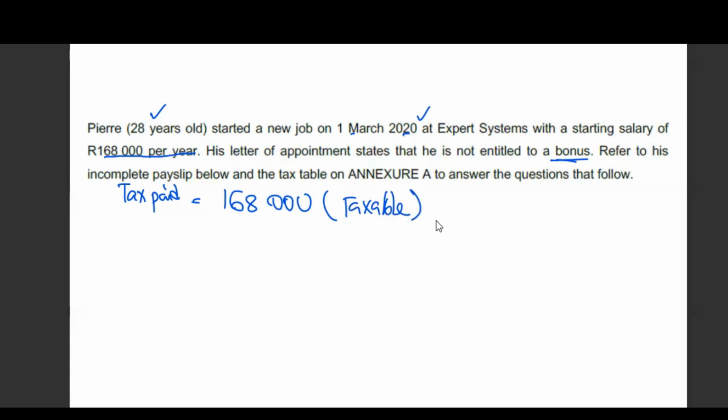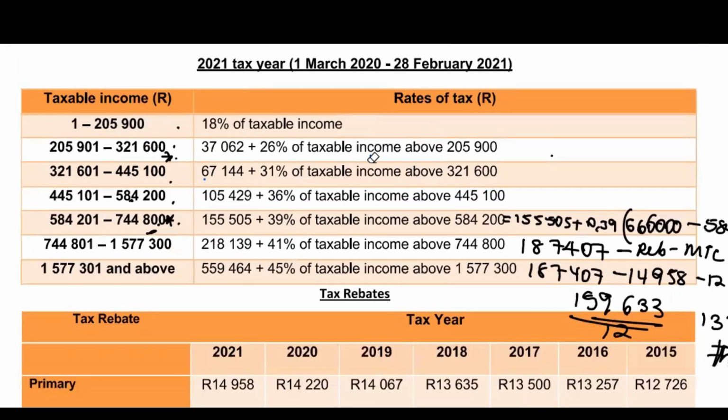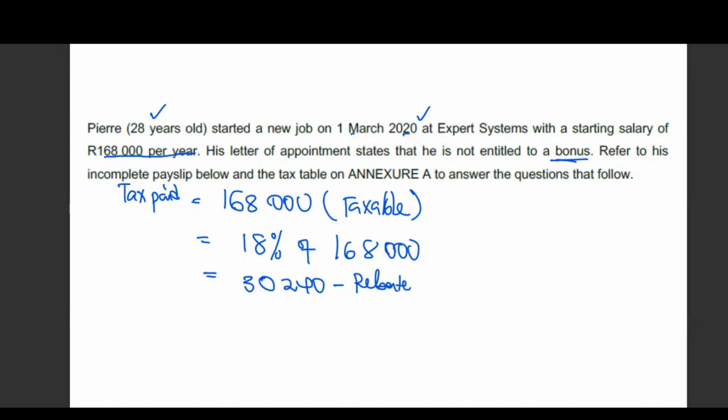You go straightforward. Now, when we look at the tables, this will be bracket number 1 straight away. That's what I see. You see? It's in bracket number 1, which will state 18% of 168,000. The answer becomes 30,240. We subtract rebate. We shall not subtract any medical tax credits because they never mentioned anything to do with